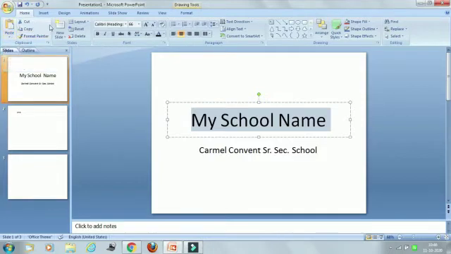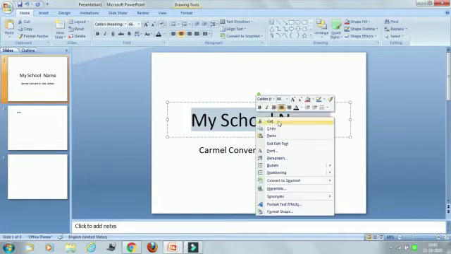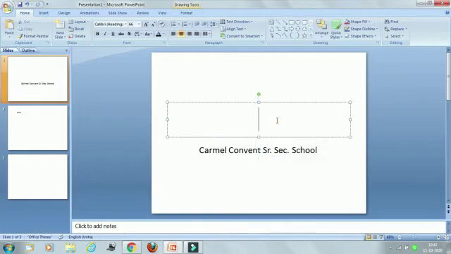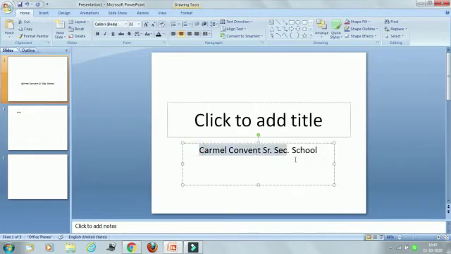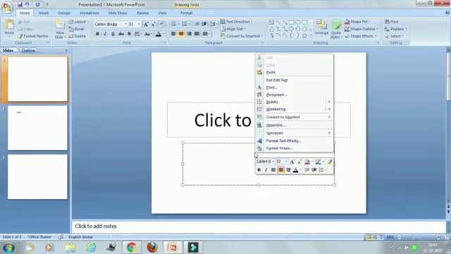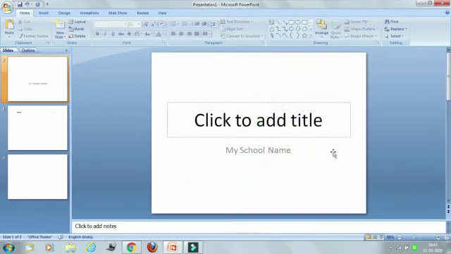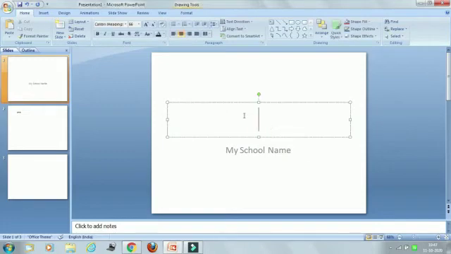Okay, either you can click from here or you can just select the text, right click on it, then click on cut. Here I am just clicking on cut and then select the new location or new placeholder. Okay, right click with the help of the mouse and then paste. Okay, understood? So in this way you have moved the text from one location to another location.